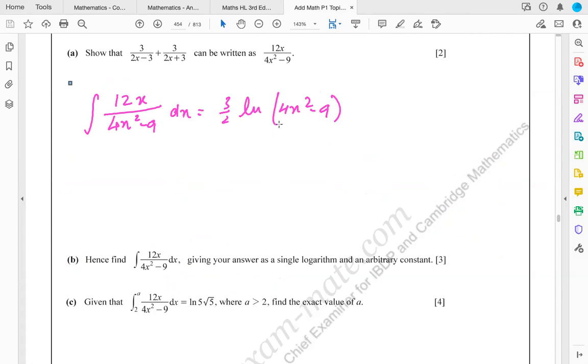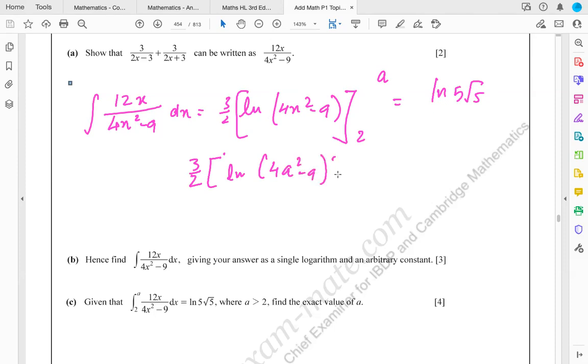So 3 by 2 ln of 4x squared minus 9. Now I'm going to put the limit as 2 to a, and equate this answer to ln pi root 5. So here we're going to put the limit. So 3 by 2 ln of 4a squared minus 9, minus 3 by 2 ln, if you plug x as 2, so it'll be